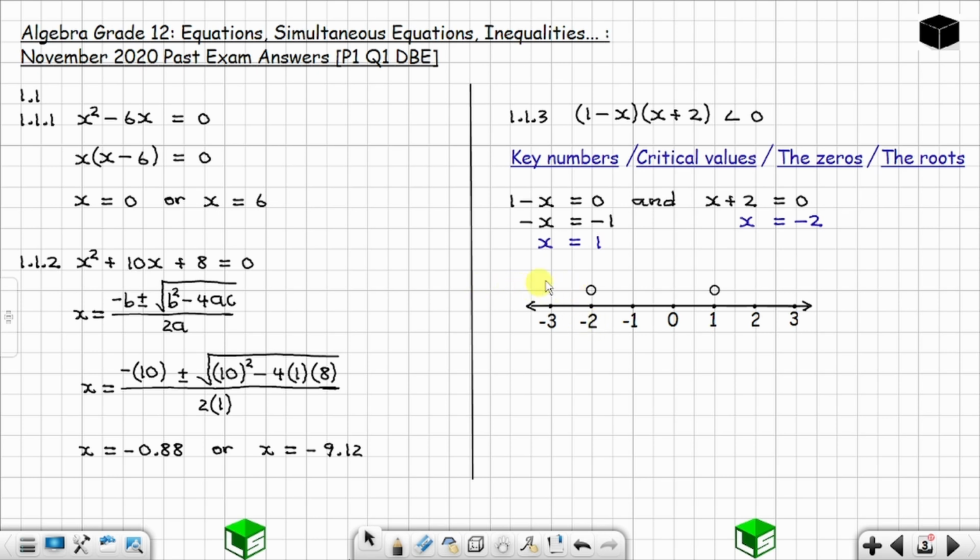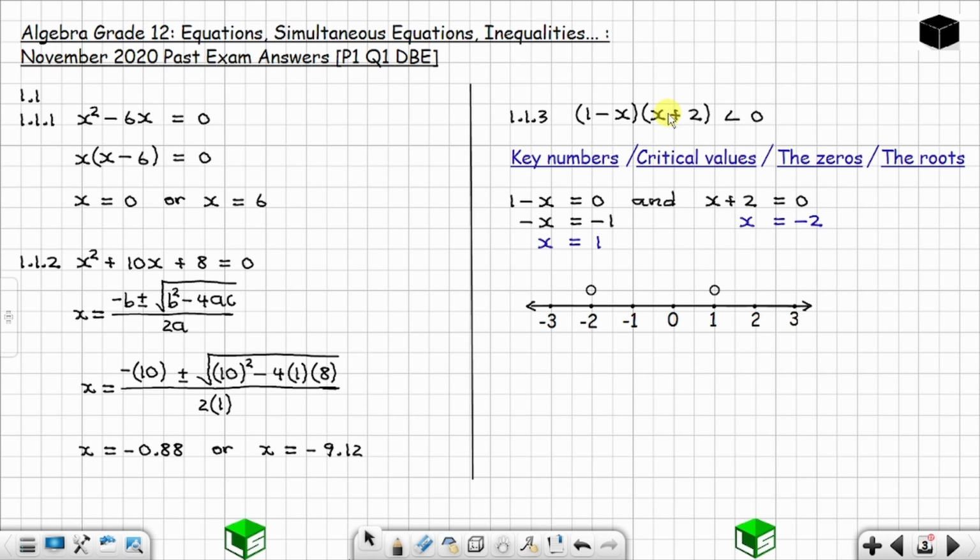You are going to take it and plug it in there and see if the answer is going to be a negative or a positive answer. Before -2, you can use any value. Before -2, you have -3, -4, -5, -6, -7, and so on. So use any value before -2 and plug it in there and see if the answer is going to be a negative or a positive answer.